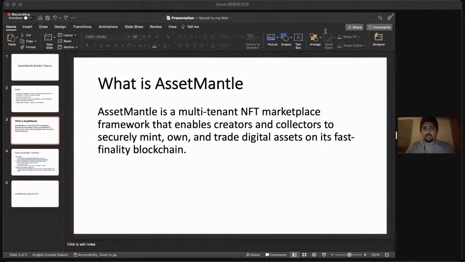So first of all, quickly jump into what is Asset Mantle. This is basically for people who are quite new here and just getting introduced to Asset Mantle. This is the basic definition that you will see in the marketing literature that we float in multiple channels. So Asset Mantle is a multi-tenant NFT marketplace framework. And this basically provides focus to two core stakeholders